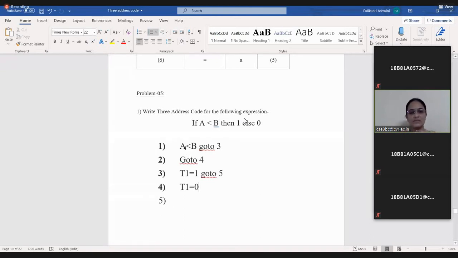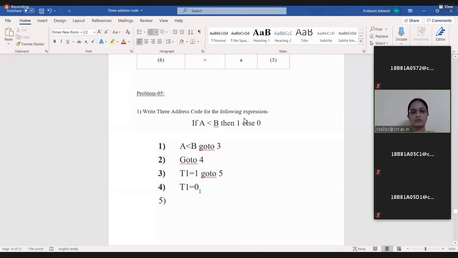Next, if this condition is false in the first statement, if A is not less than B, I mean if A is greater than B, it has to enter into the else part and print 0. For that else part, I have taken one more label called 4. Go to 4. In the fourth label, we will have T1 is equal to 0.